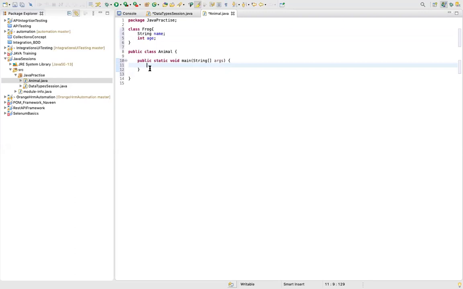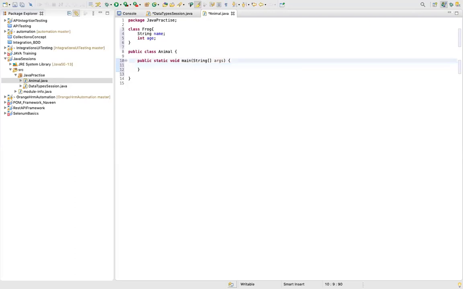I hope classes are clear, right? We can have multiple classes in the same file. A class is a blueprint. It contains data as well as methods. Methods are also called subroutines. Now, how do we create an object of a particular class, and why do we create an object of that class? First of all, if you start working, everyone will directly say, okay, create an object of this particular class and start using it. But why exactly do you need to create an object?